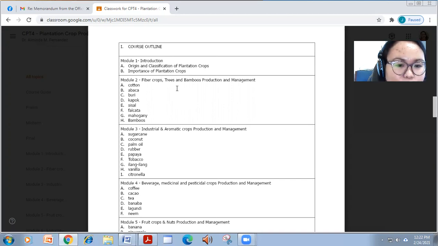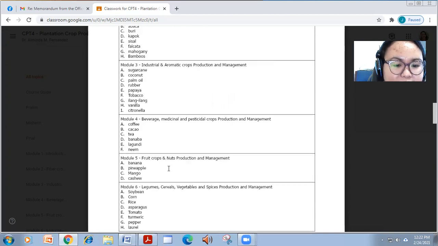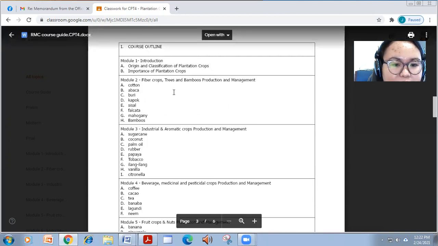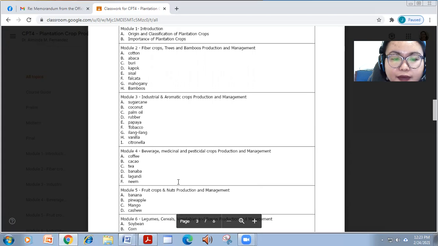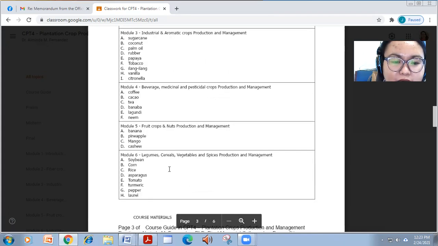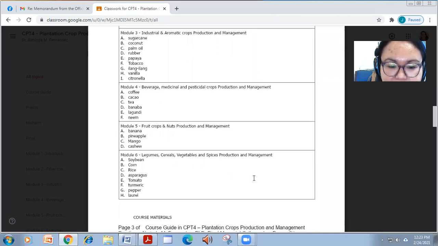And modules 2 to 6 are about fiber crops, trees, bamboos, production and management. We also have industrial and aromatic crops production and management, beverage, medicinal, and pesticidal crops production and management, as well as fruit crops, nuts, legumes, cereals, vegetables, and spices.